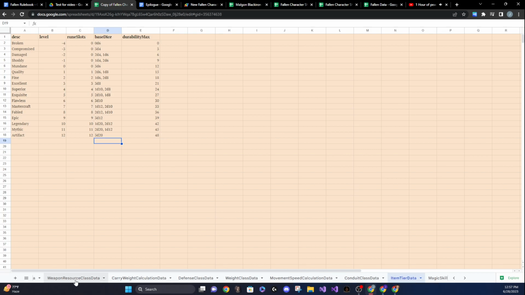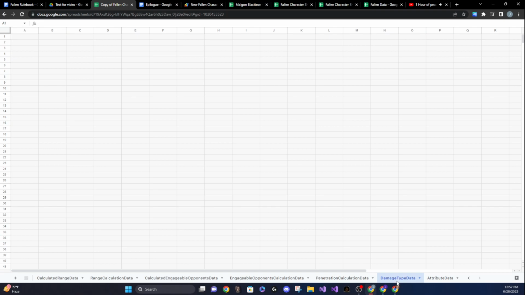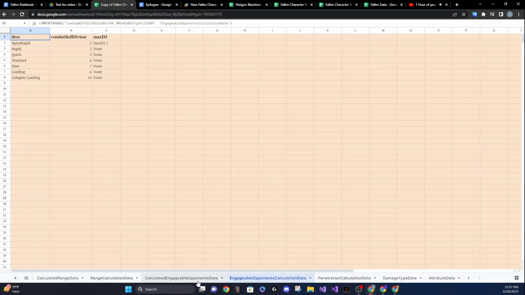Oops, my bad. And that's an important point to touch on real quick, is that the entire character sheet is actually, I would think of it more like a rule interpreting system. So all this data is actually being imported from another sheet. There's a master sheet that all this data lives on. So for instance, if I wanted to add new attributes into our game, or new damage types, or new calculations for different weapons for either engageable opponents